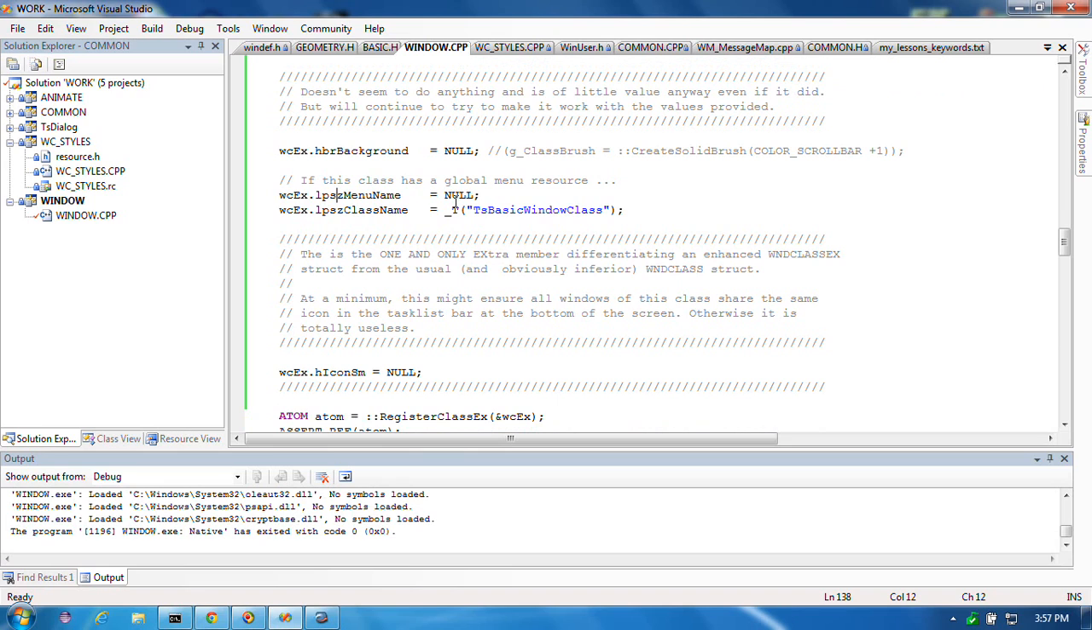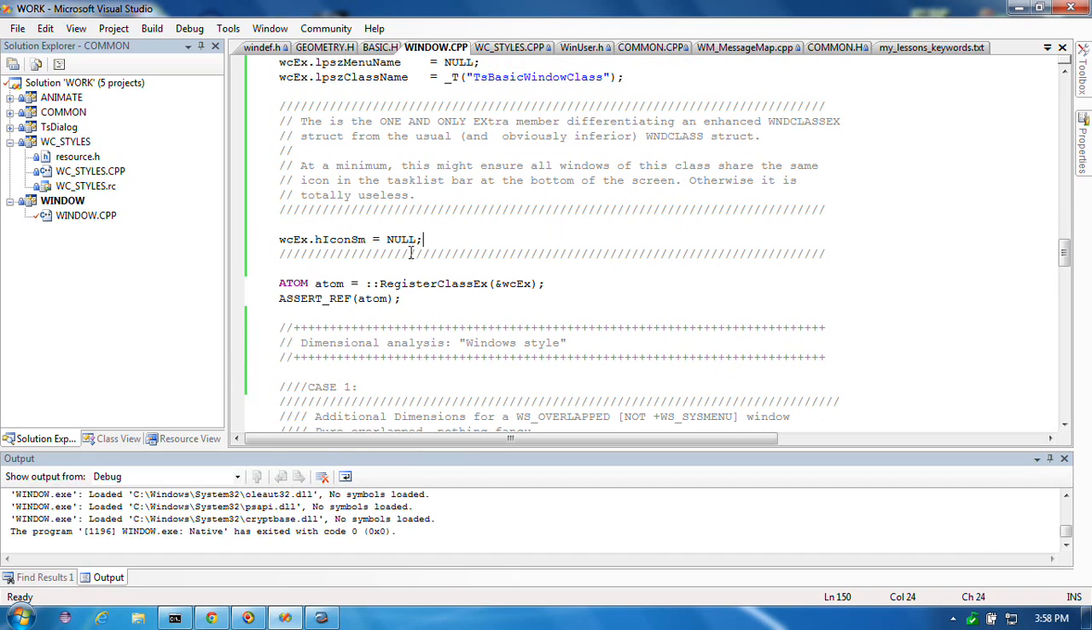Now, a menu name is a kind of a global resource. So you could say, like, if all instances of this class had a menu, and all those menus were always the same, then you might create a menu and pass that in as a parameter in the global data. I set it to no, no menu. Then, of course, the class name. And then the one and only difference is this handle to icon small, which I think